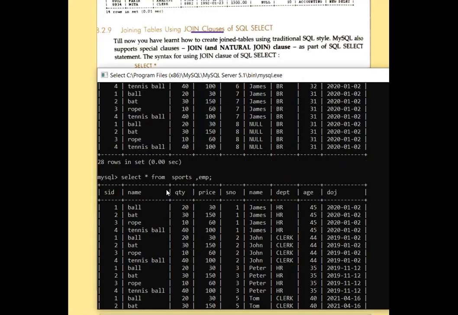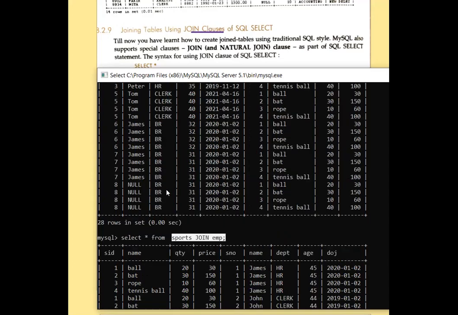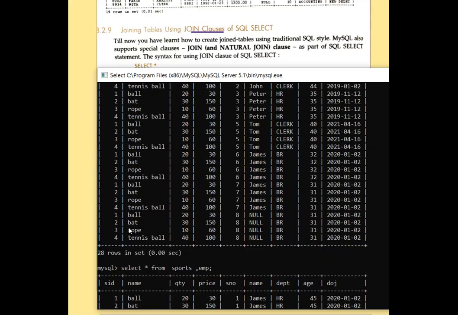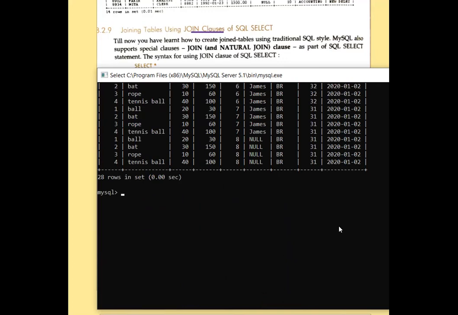Now see, as we have discussed that our two tables, let me show you again. These are my two tables. Fine, I wanted to join them, but here serial number and here SID on the basis of these. So in on, I will be writing EMP dot serial number is equal to sports dot SID. So ultimately what you will be getting, see all the three methods we will be checking. First we'll start with join.